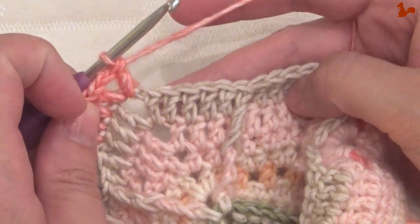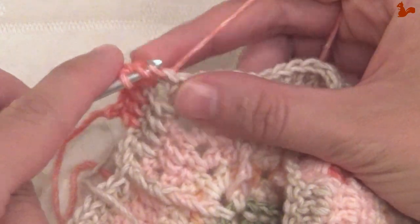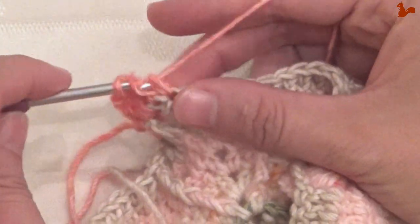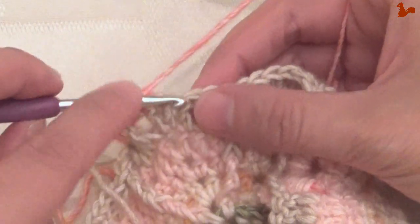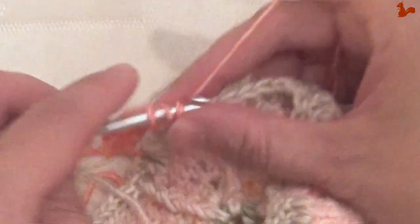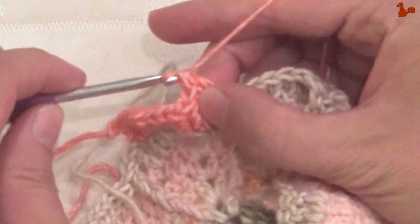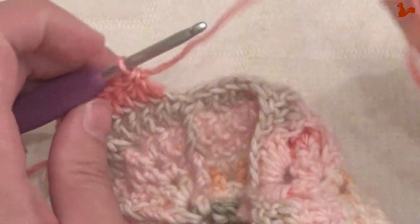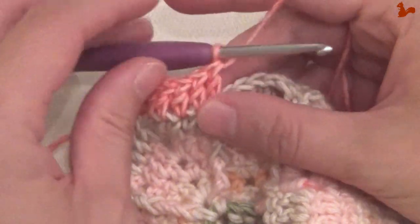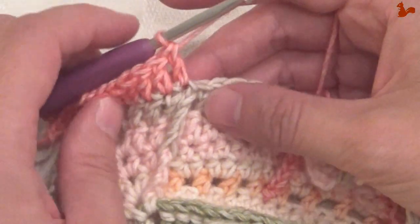A treble in the first 6 stitches, and also here in the first stitch. That's 1. I'm gonna work 6, 2, 3, 4, 5, and the last one here, 6. Now I'm going to do a tiny repeat unit, chain 1,